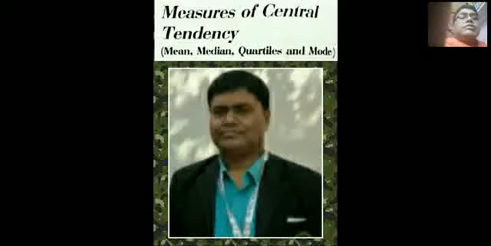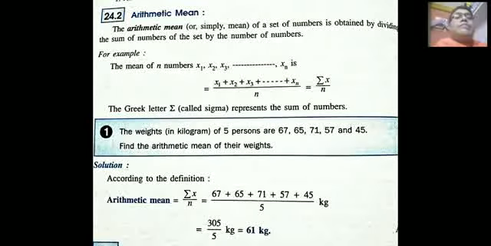This chapter covers your mean, median, mode, etc., and you will find more details. First of all, the mean. As you know, the mean is also called the average, or you can read it as the arithmetic mean, and it is normally the algebraic sum of all observations. The arithmetic mean is the number obtained by dividing the sum of the numbers in a set by the number of numbers given.